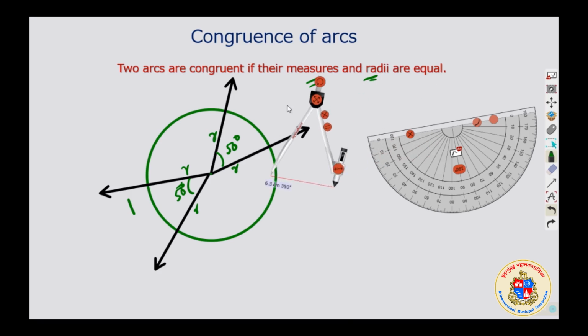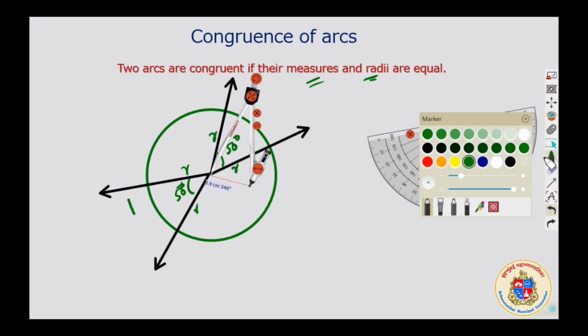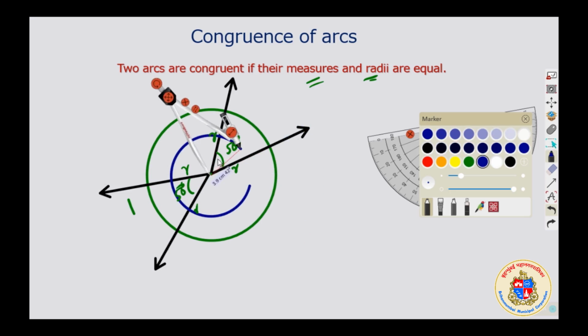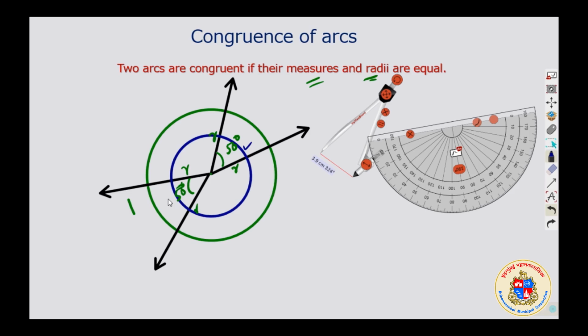It is better to take the compass again here, keep it here, same center. Either expand it or make it shorter. I am making it shorter. Drawing another circle with the same center, not the same radius. Another circle. In that circle also there are arcs formed here, arc formed here. Expansion is the same because the measurement of 50 degrees is the same. This is the expansion of the arms.